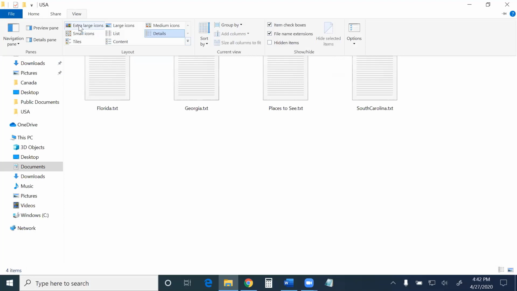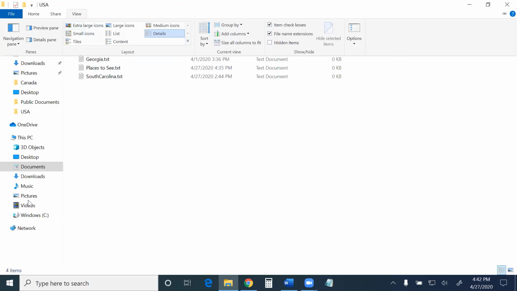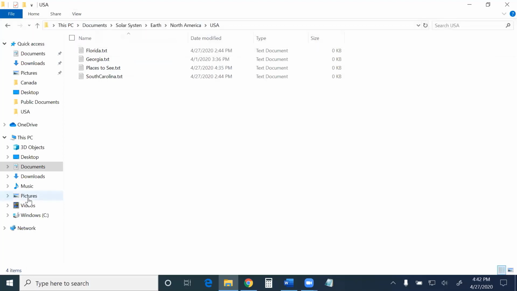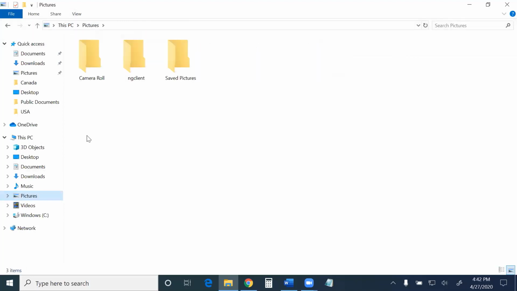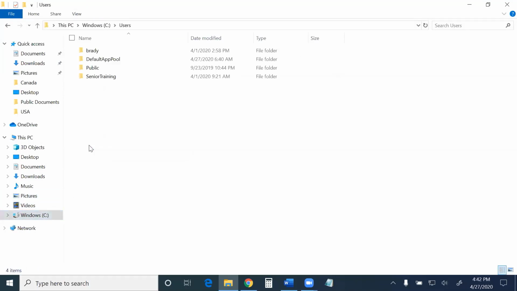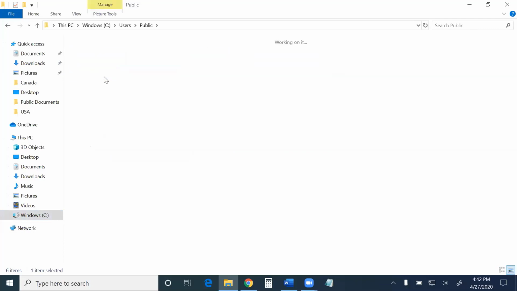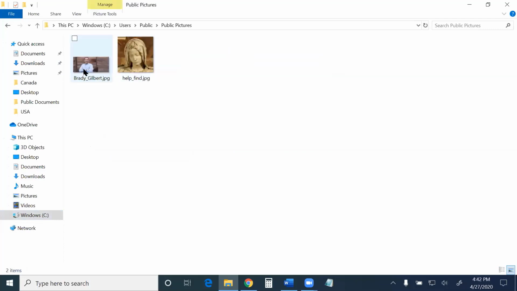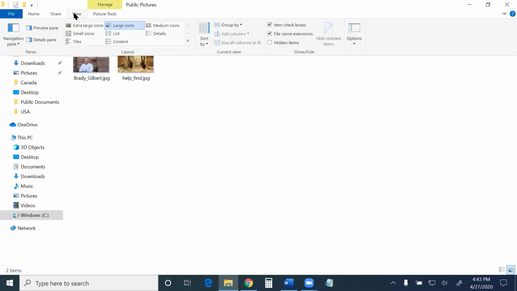If this were a photo, let me actually pull up my pictures directory where I've just got a couple of, let's see here. Actually, those are under the C users public and pictures. So here, because we are in a large icons mode, I can actually see a thumbnail of what those pictures look like.